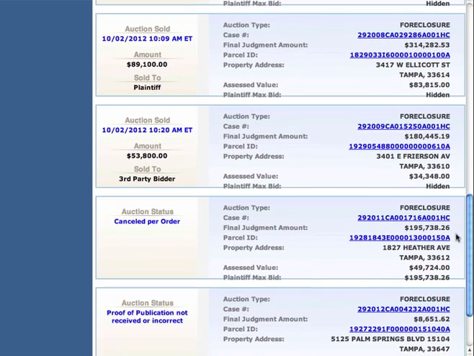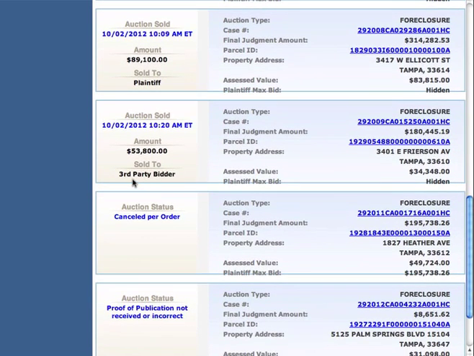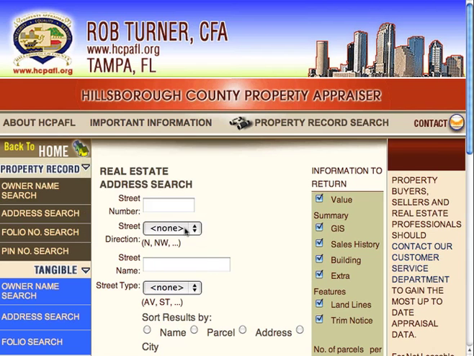All right, so this one here, you can see it says sold to a third-party bidder for $53,800, and the address is 3401 East Frierson. Now I can just click this link right here, and that'll take me straight to the property appraiser website. You might not have that available to you, so I'll just show you. I'm just going to do an address search in the property appraiser website for 3401 East Frierson to see who the new owner is. So let's do